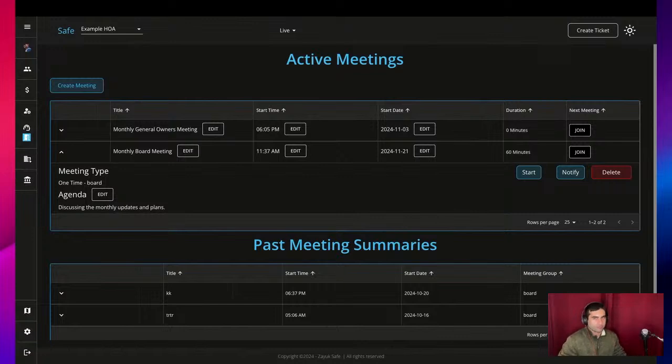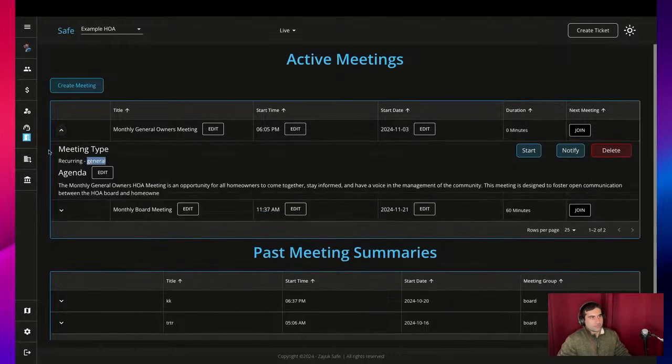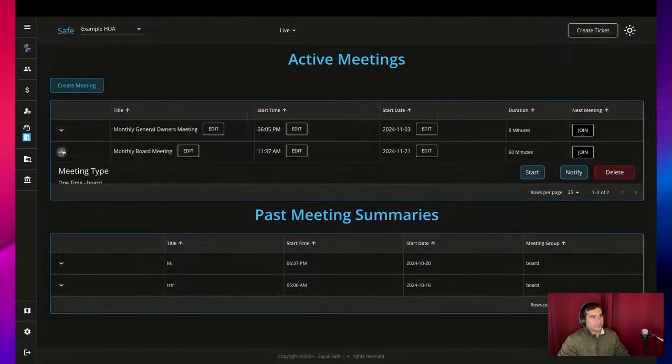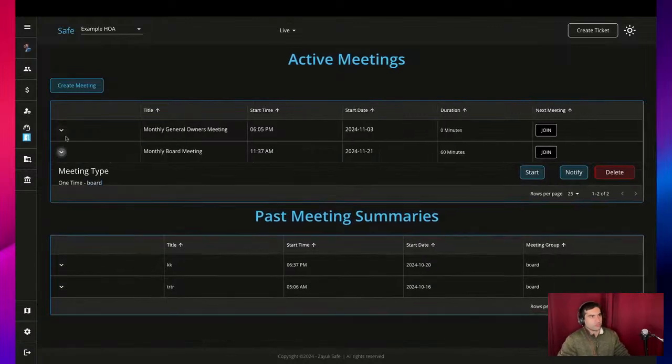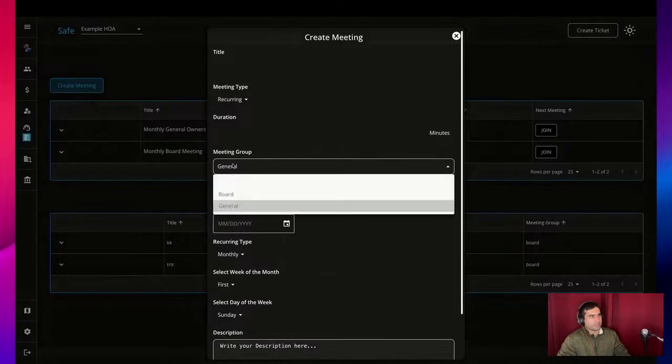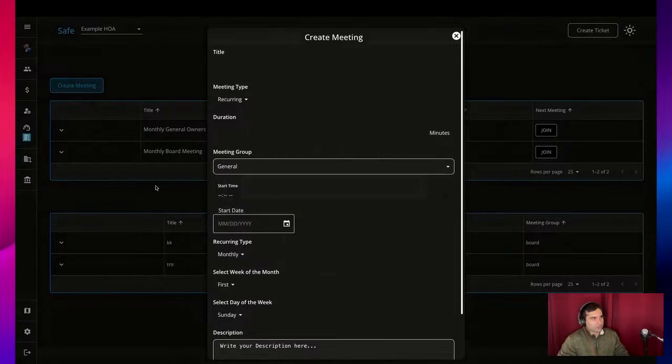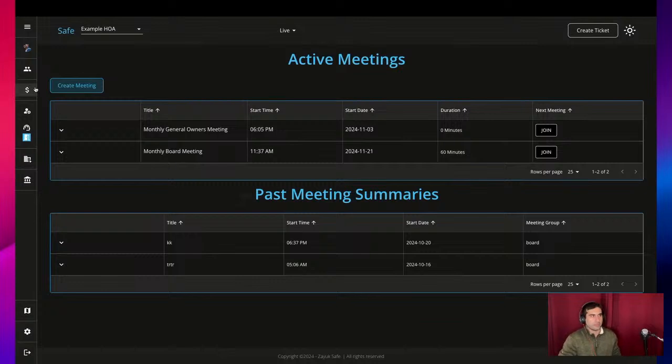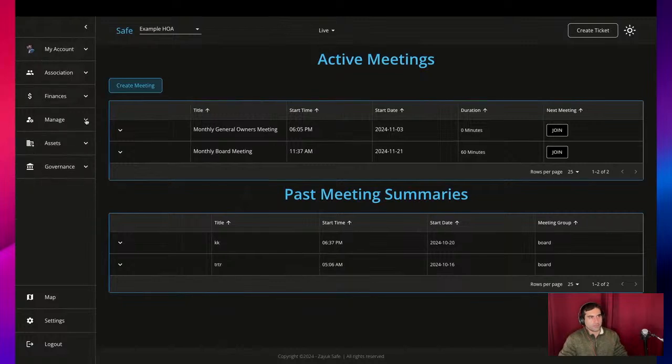Zayuk Safe handles that across meetings and across different security groups. So that means when you create a meeting, you'll be able to determine whether it's a board or general meeting, and all the content within there stays there. So one of the biggest pieces of this, or I guess just to start off,